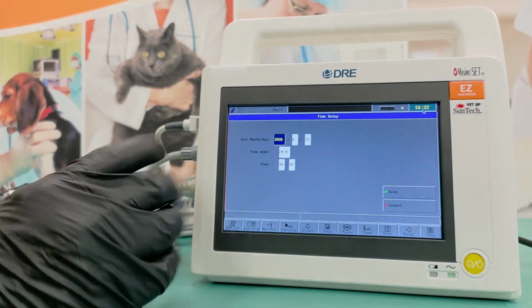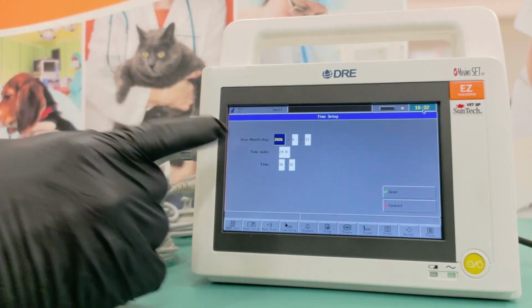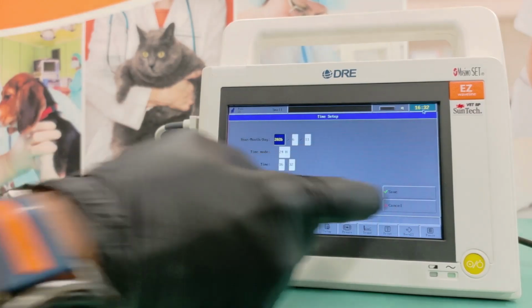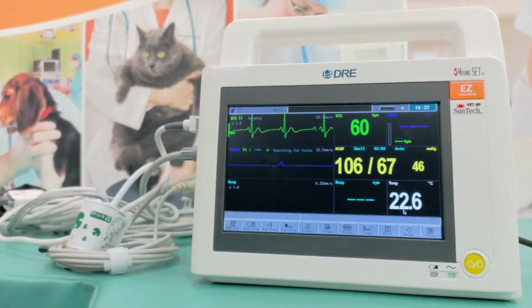If I want to change date and time, again, anything we want to manipulate, we'll simply touch on that, change, and save that data. If we were to change it and cancel, it would not make any changes. So that's the